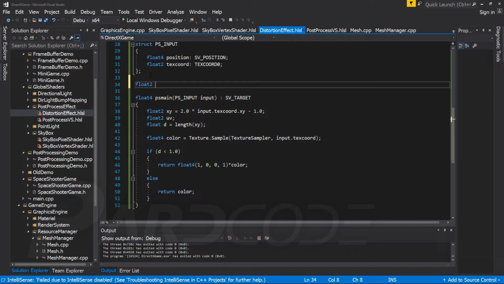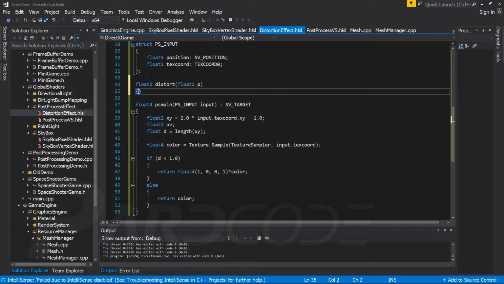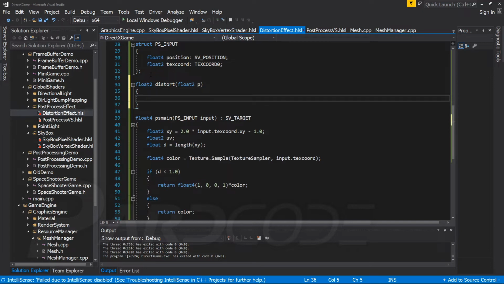Now we want to apply a distortion effect inside the circle area. To do so, we have to make a function called distort. Let's add a float2 parameter that represents the texture coordinates transformed into the range -1, 1. What do we have to do now? We have to pass the texture coordinates into a particular function called